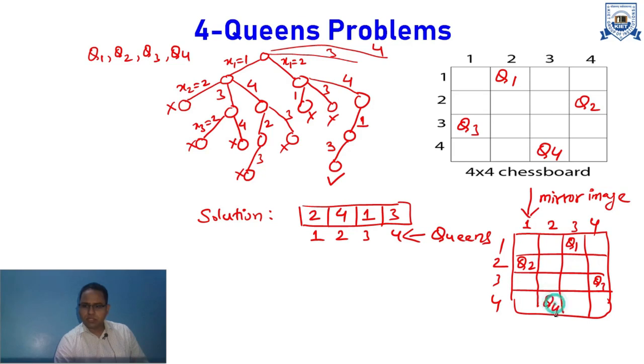So you can see it is also one more solution. Neither of the queens are in the same row or same column or diagonal with each other. So this is also one solution. So the first solution that we got was solution number 1. So the next solution is